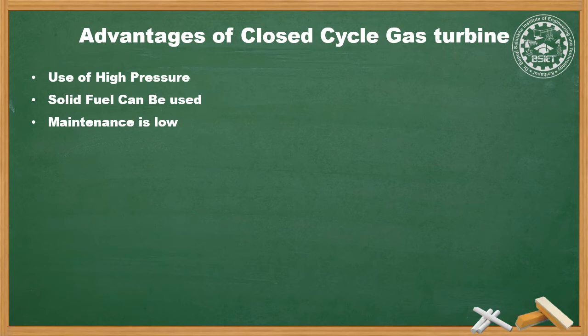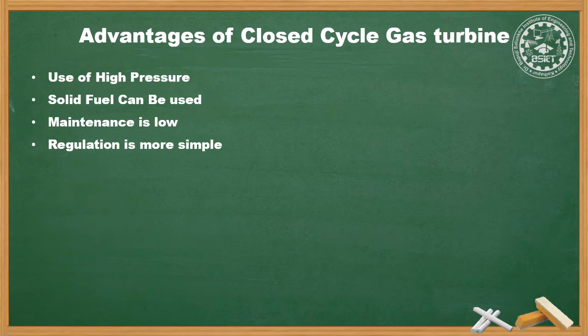By maintaining the low pressure of the cycle above atmosphere, the density of the working fluid improves. The heat transfer in the heat exchanger improves, and therefore the size of the compressor, turbine and exchanger can be reduced. Loss due to fluid friction is less due to higher Reynolds number. The regulation is simpler as compared to the open cycle gas turbine, and monoatomic gases such as helium may be used to increase the efficiency of the gas turbine.